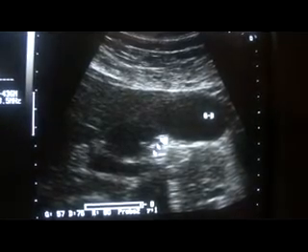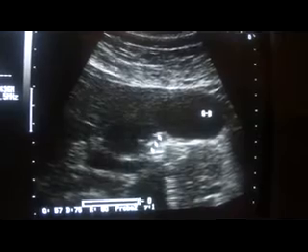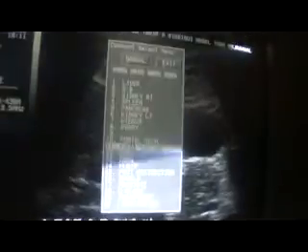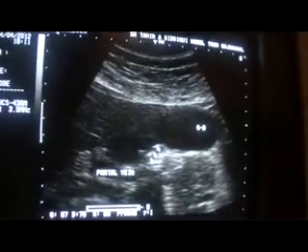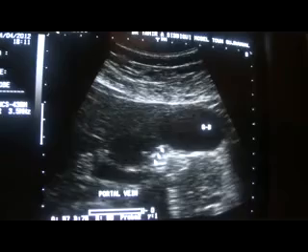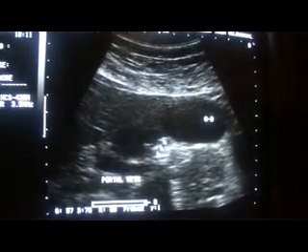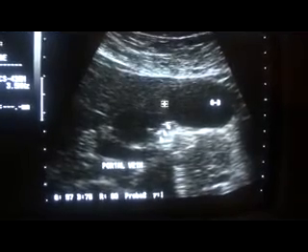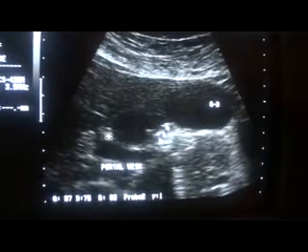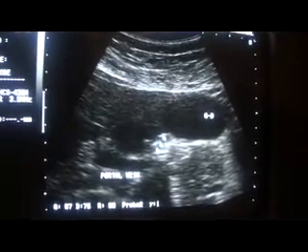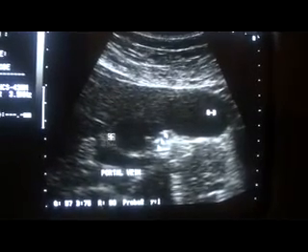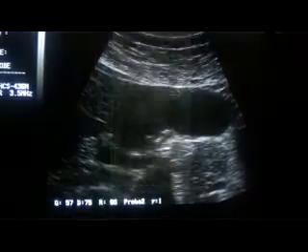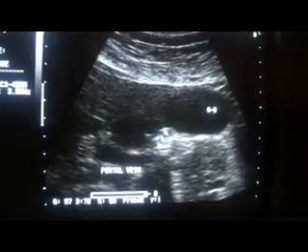Keep your concentration on this echogenic area with the lower end of the anterior wall, and you see it is giving an artifact posterior to it in the form of comet tail, which is called a comet tail artifact. And all such calculi that give a comet tail artifact are cholesterol calculi. So this is a cholesterol calculus. This area, this is the gallbladder, fundus of the gallbladder, body of the gallbladder,